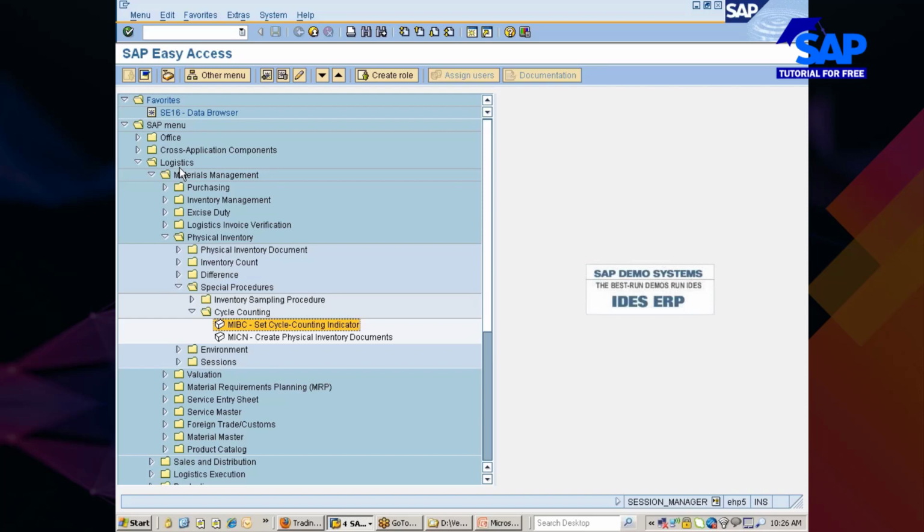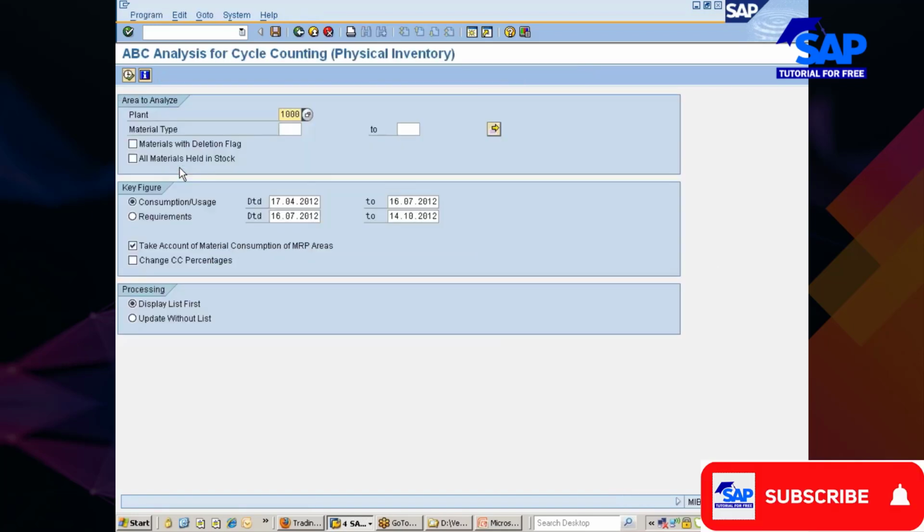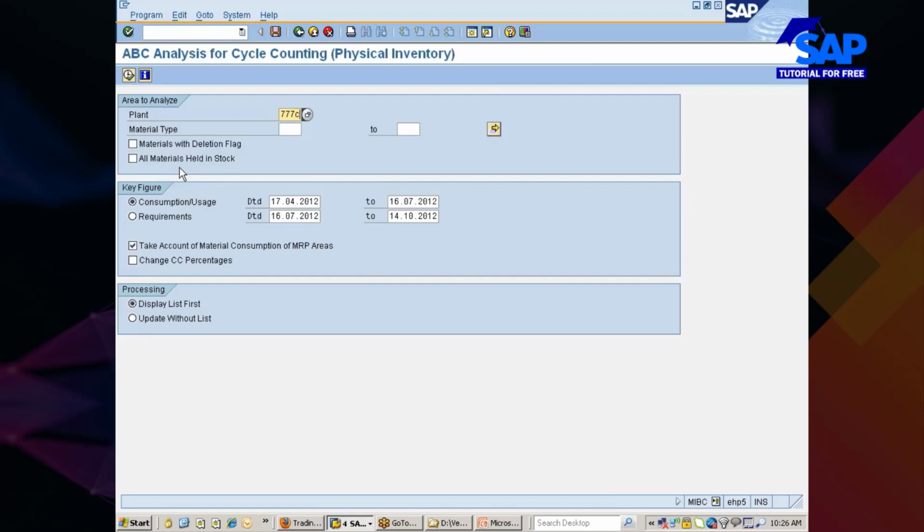You see here there is something called MIBC, set cyclic counting indicator. You can give your plant like this. In case if you want to give material type, you can give material type so that all those materials will be picked up. If you do not want to give material type,